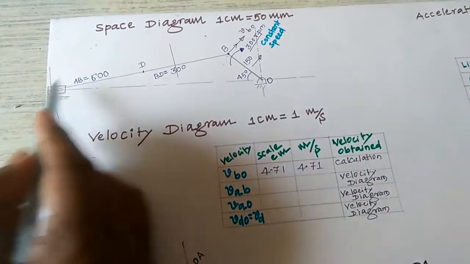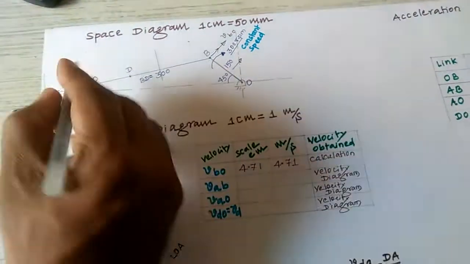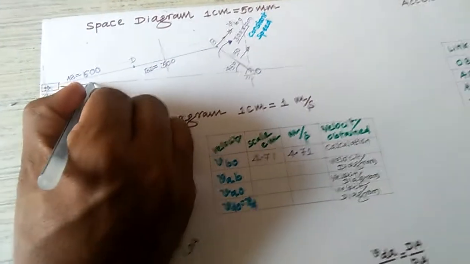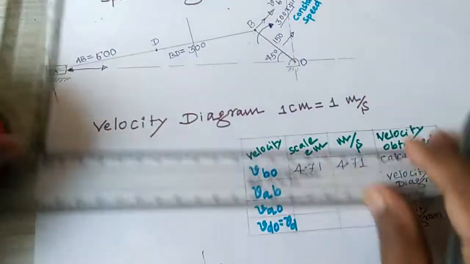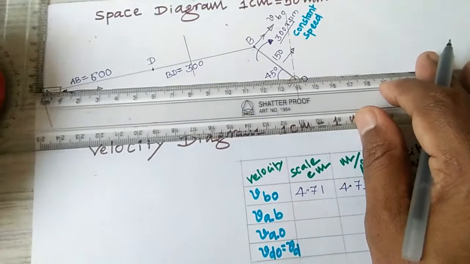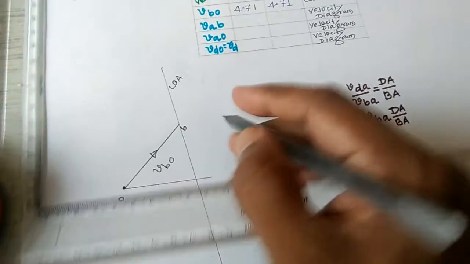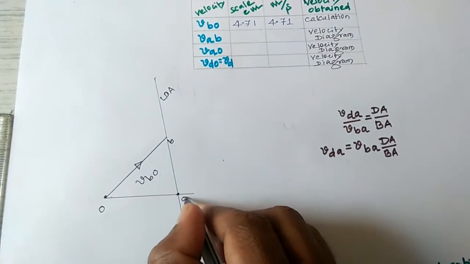Then one more thing, we have to find the velocity of A with respect to O. In this case also, for the slider, it is a straight line only, along the direction of the motion in this way. For this you have to take a straight line, align with it, and draw these things. It comes as a point. You can say that is point A.